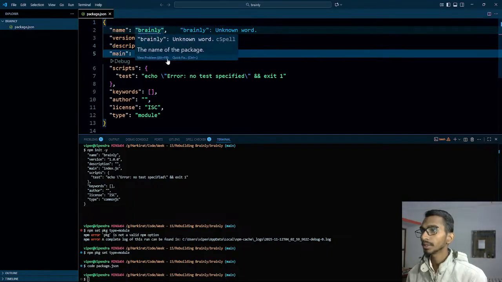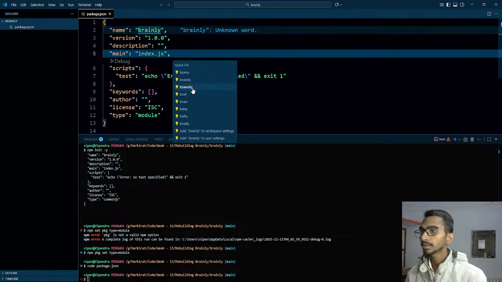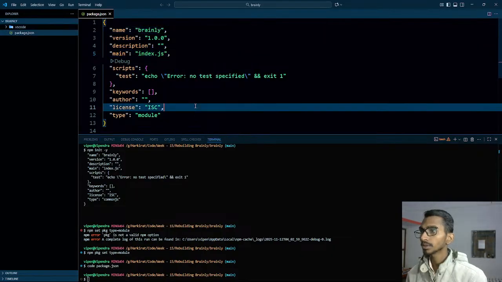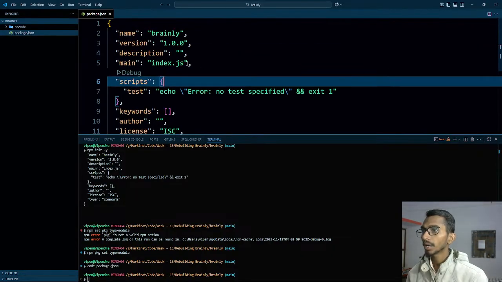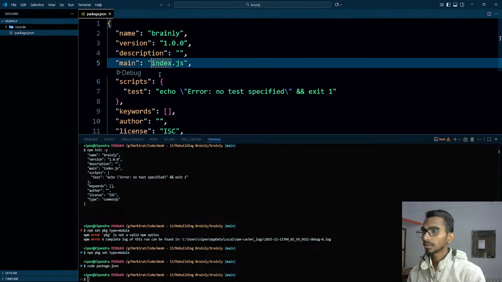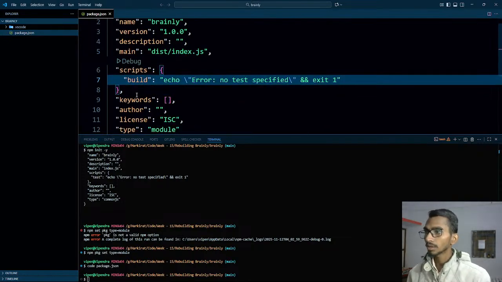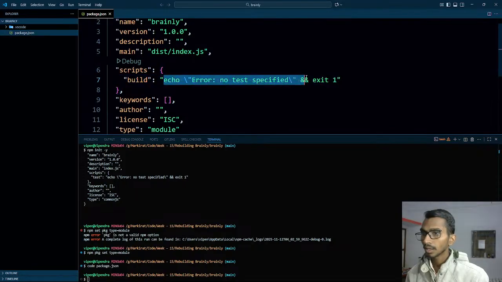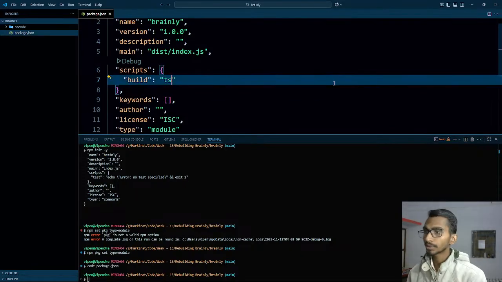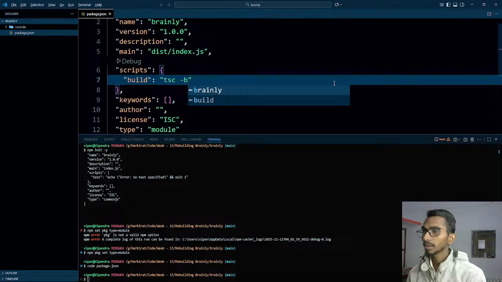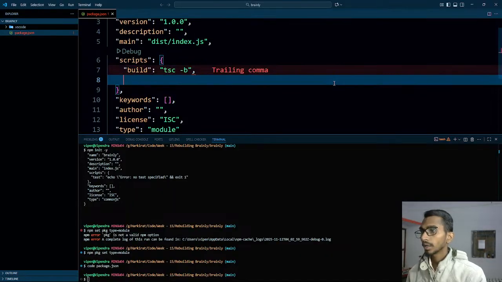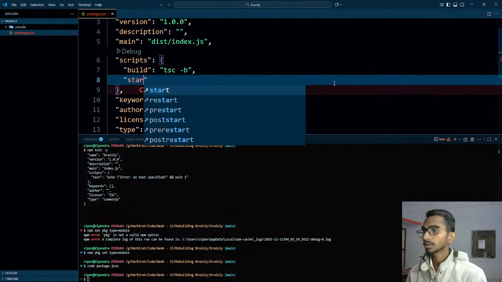Brainly is here. Let's add it to the quick fix and add to the workspace settings for now, so that I don't get the error. As for main, it should be dist/index.js, and there are going to be some build command scripts. As far as the building is concerned, I will be using TypeScript, so tsc -b, and start is going to be